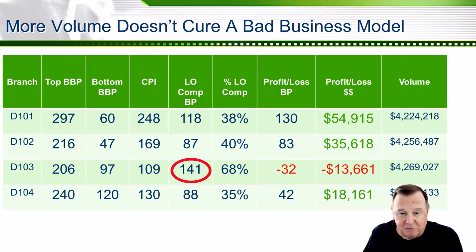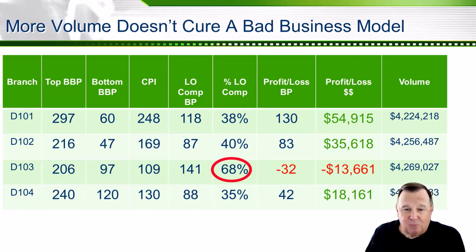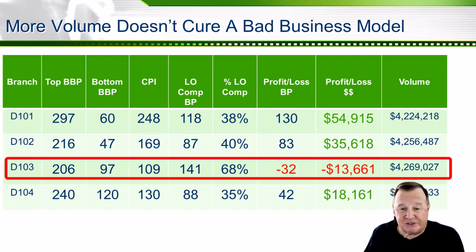The first indicator for me is when this number is way high. You can see these 35, 40, 38, they're in the vicinity. I'm okay if it's like 50 and below. At 68%, what that tells me is you probably didn't set up your comp plan with a rate sheet that said, I'm going to pay out the loan officer 141 basis points, and it's okay for them to bring in 206. Not the case. In this particular example, because they paid out 68% in LO comp, ultimately they lost 32 basis points, which lost